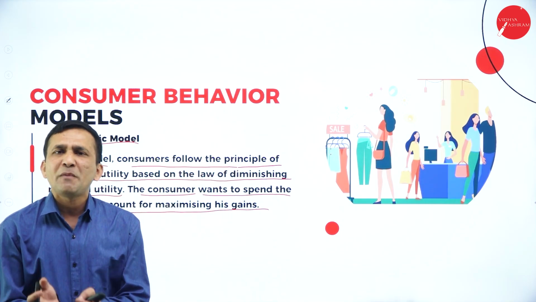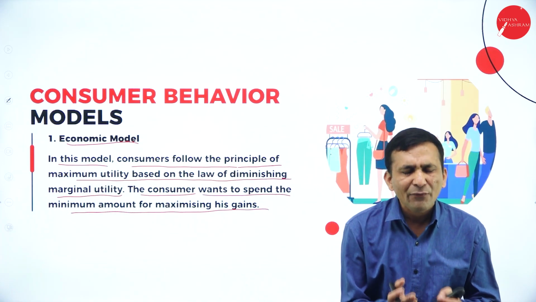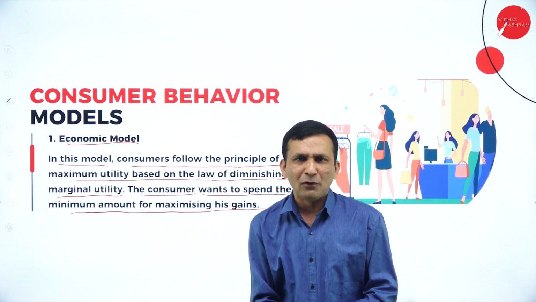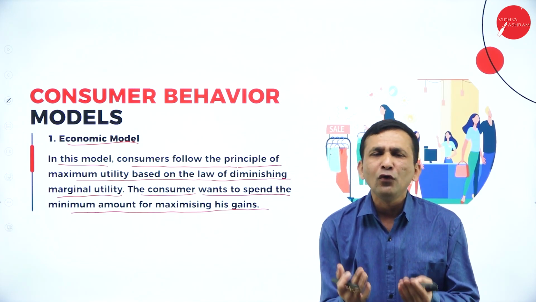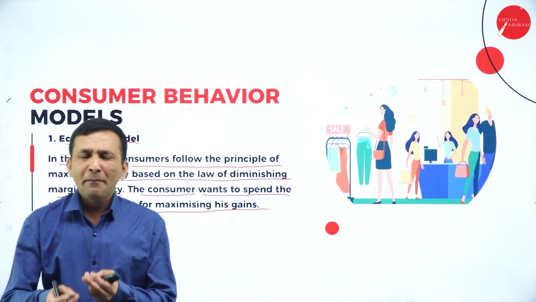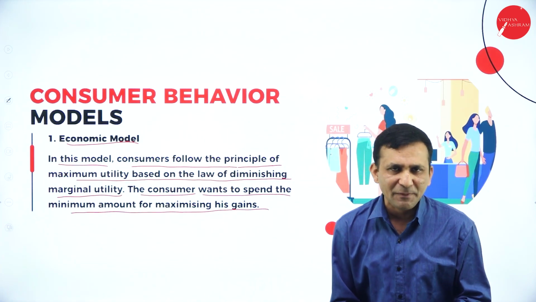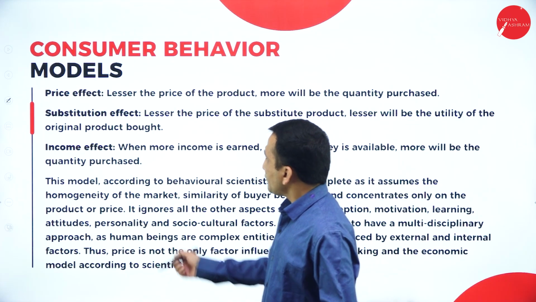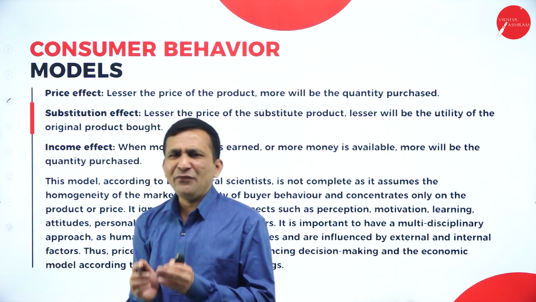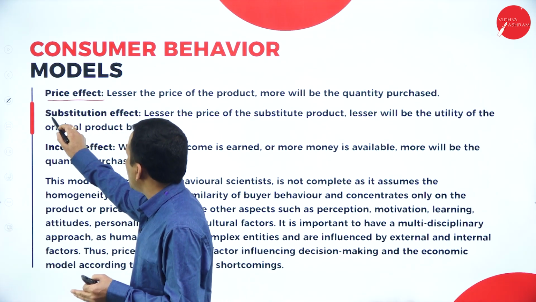Any economical man tries to spend 1 rupee, because when they are ready to spend 1 rupee, of course they are getting a benefit from the product, or utility, to fulfill the needs. So if they spend a lesser amount, they are expecting maximum gain and maximum utility. Next, the focus here is on the economic effects related to price effect, substitute effect